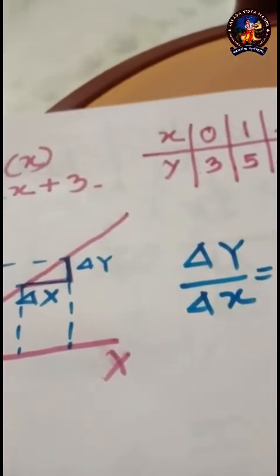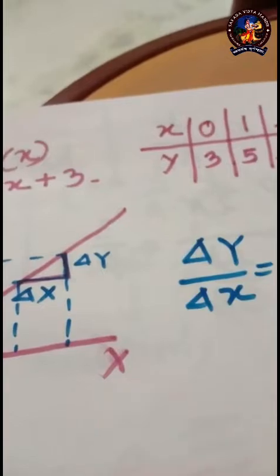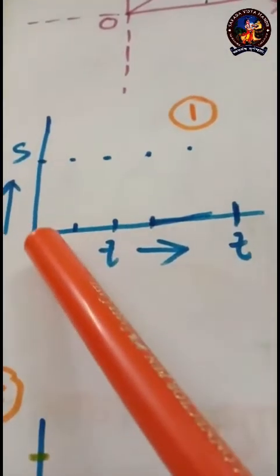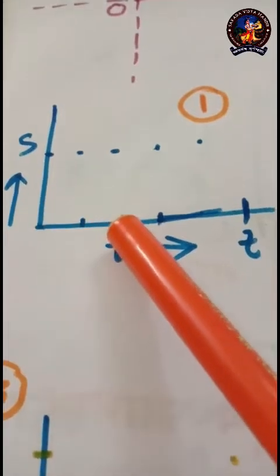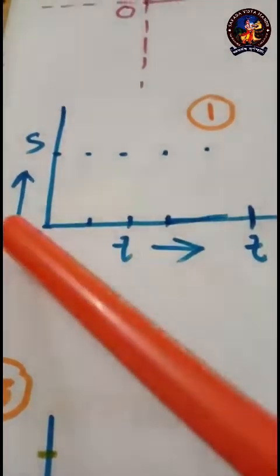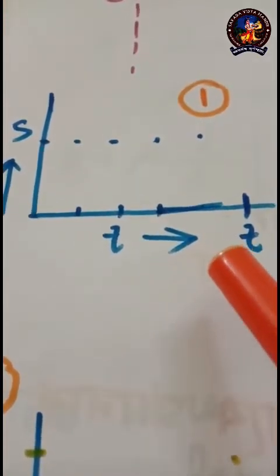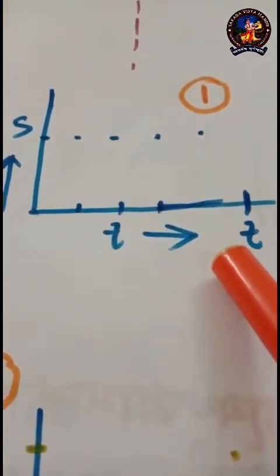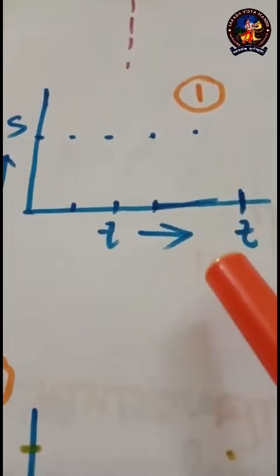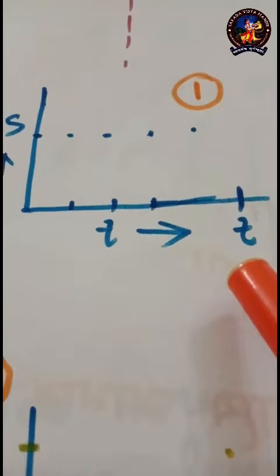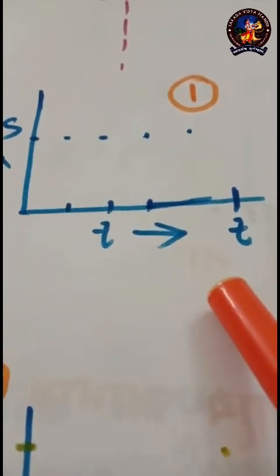Now we will be discussing different variables and how they change. This is graph number 1. What have I taken along the x-axis? I have taken time along the x-axis and displacement along the y-axis. And again I will tell you, when you go through these lecture sessions, come with your pen and exercise book. You have to note it down and write it yourself, and it will be much more beneficial for you.